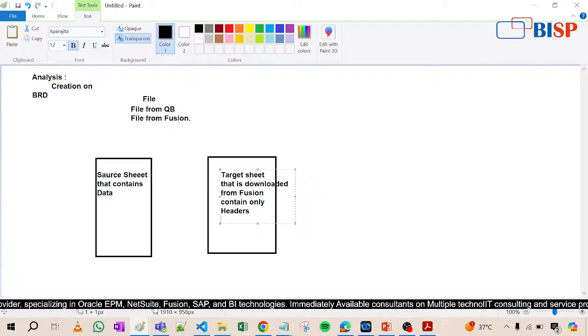Okay, so now we are having two files. One file contains the data that is from source. Another file contains the header that is from target. Now what we need to do, we need to replace all the header names with the new one. That's our task, because then only our sheet will be able to upload. So guys,